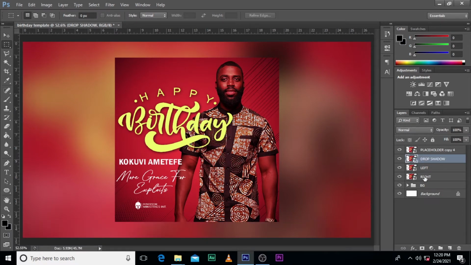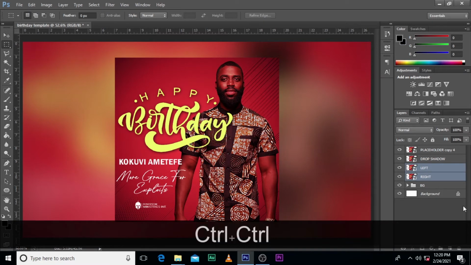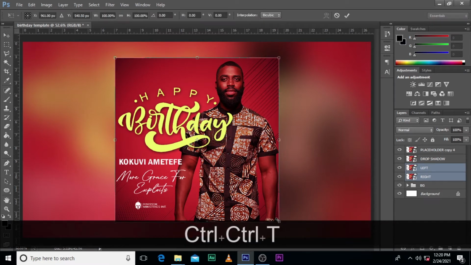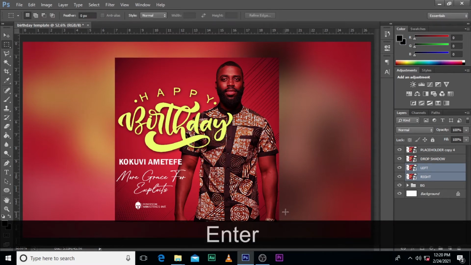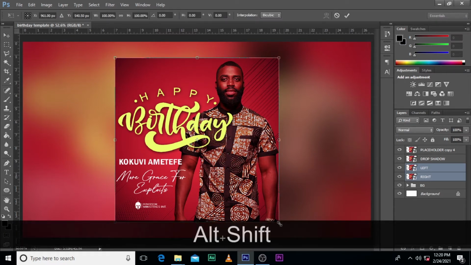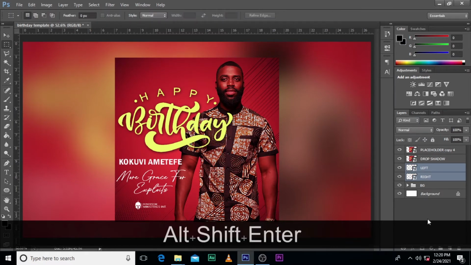Okay, so this and this selected, Control T to use a transform to resize it a little bit in there like this, just a little bit in like this. Enter. You click on the left,